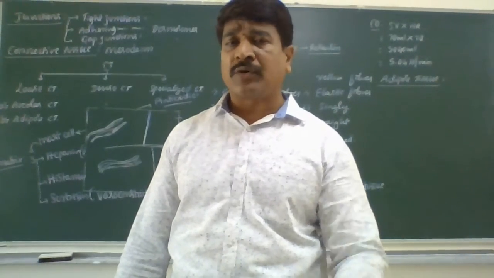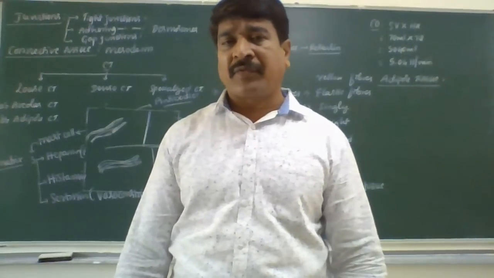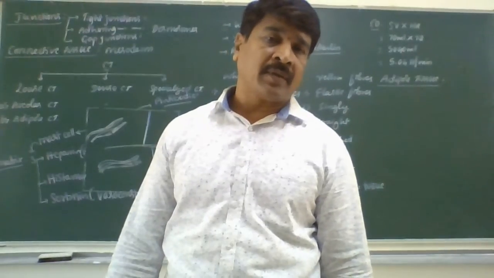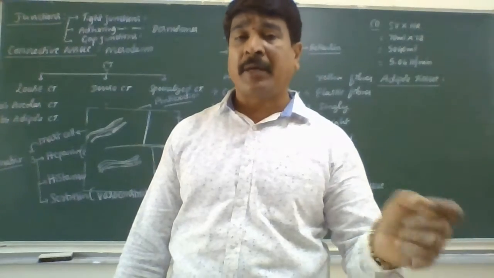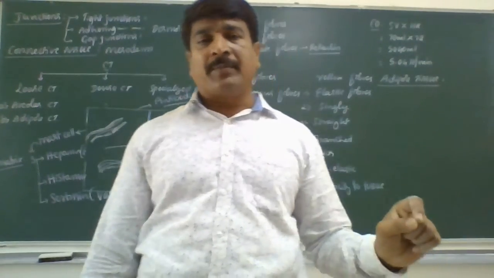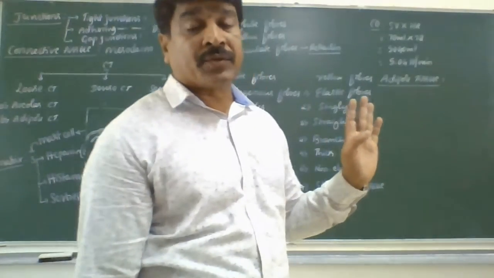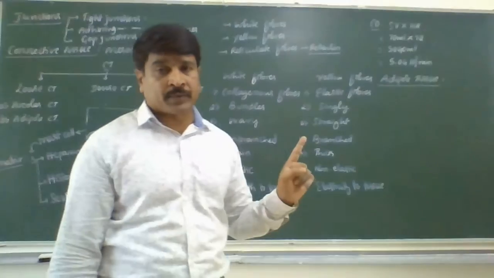And one more point you should remember. In blue whale, just below the skin, there is a thick layer of fat, or adipose tissue, called blubber. It prevents the loss of heat from the body and also acts as a reservoir. Clear? So these are the functions of the adipose tissue.